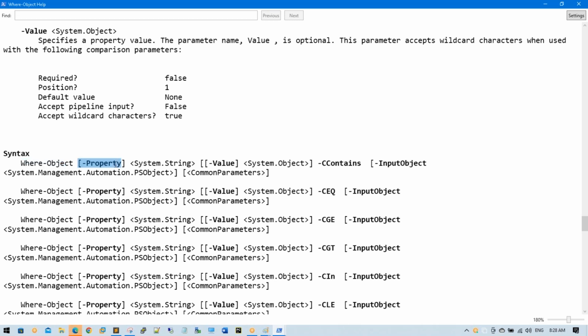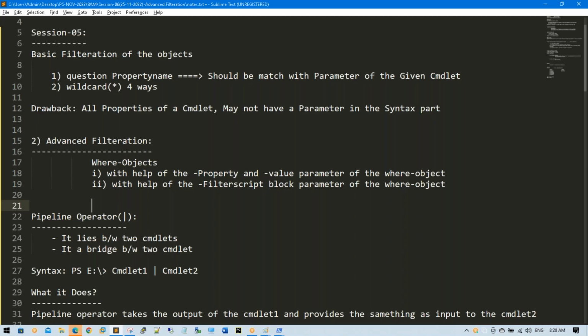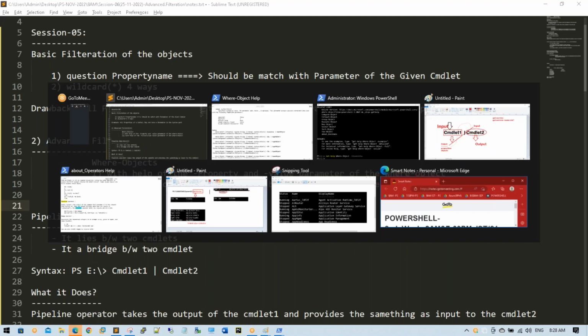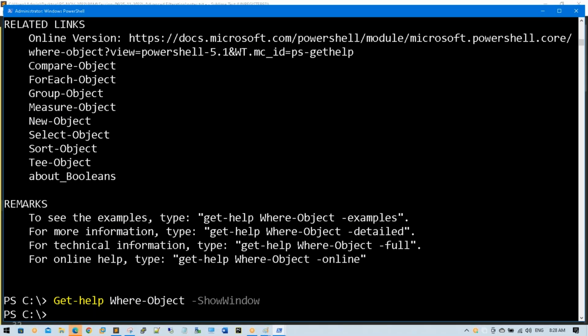Sorry, Naga, I missed somewhere. Where? How can I see like this? How you are viewing? Just just use with actually show window parameter. Okay. Got it. Thank